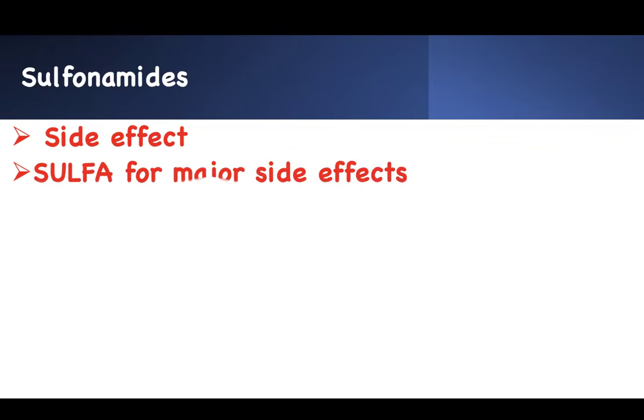But what the NCLEX is going to ask you is this side effect. Please take a picture of it, remember them, but it's easy. Like I told you, you already know it. If you know sulfur drug, you know the side effects of sulfonamide. What is the first one? The name is where you can get the major side effects. It's a sulfur, so that's where most of the major side effects come from. You can use this trick acronym to figure it out.